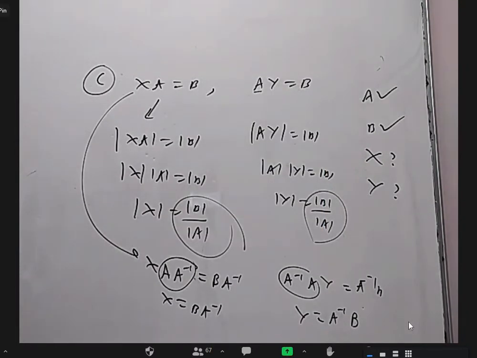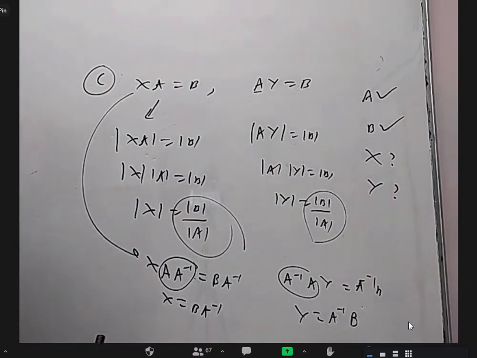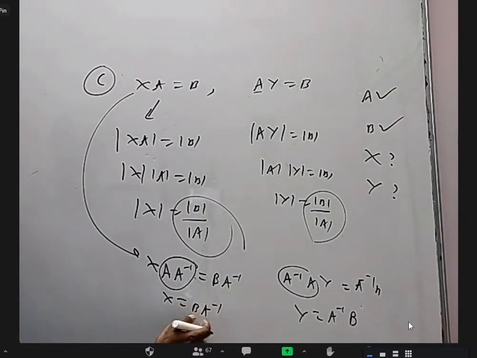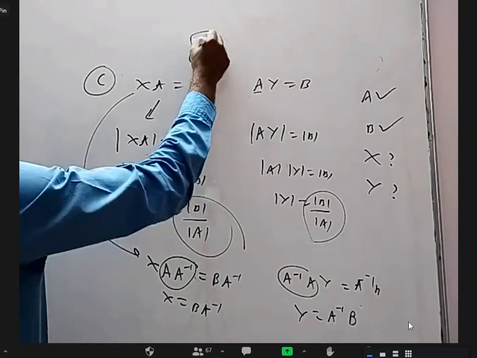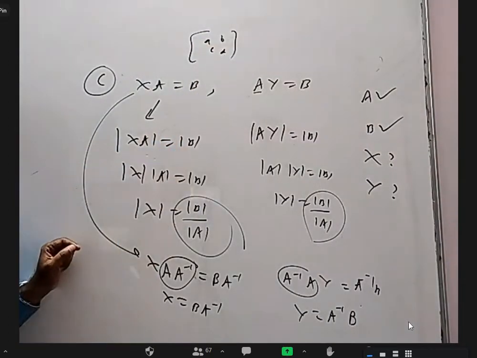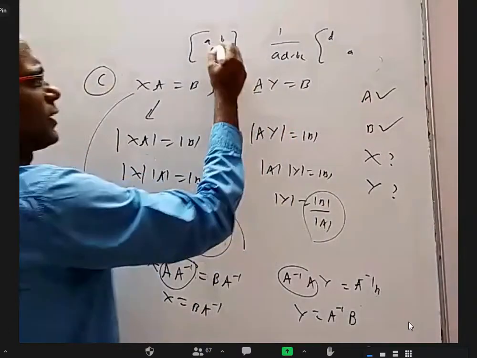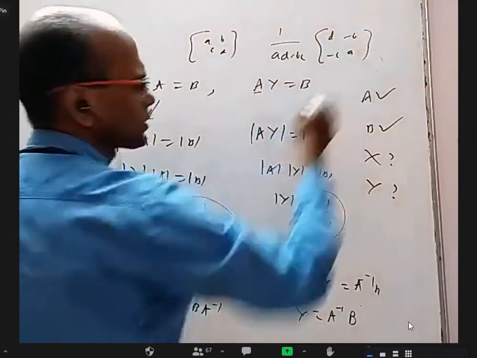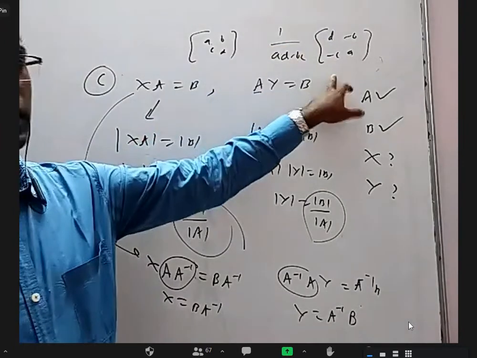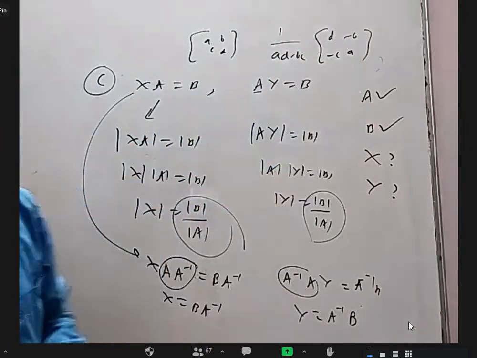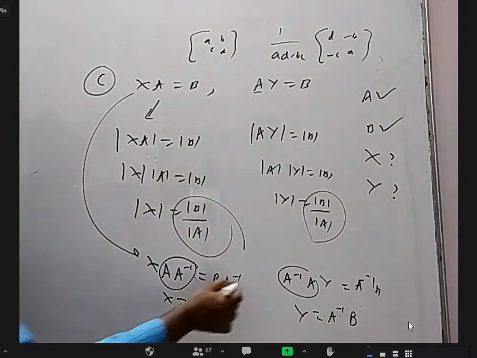All right. Now, how to find the inverse of a 2 by 2 matrix? There is a matrix ABCD. Its inverse will be 1 by AD minus BC into D, A. We'll interchange these two, minus B, minus C. Basically, this is the adjoint matrix. This is 1 by det A into adjoint A. So that's how you really find A inverse.